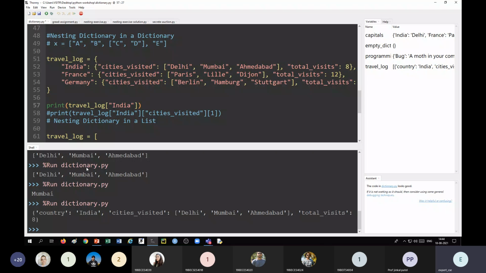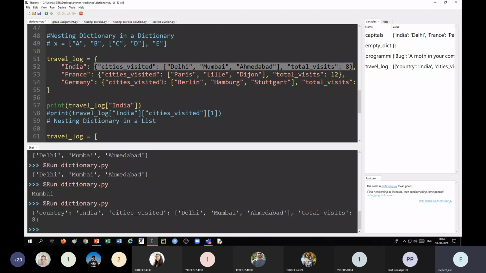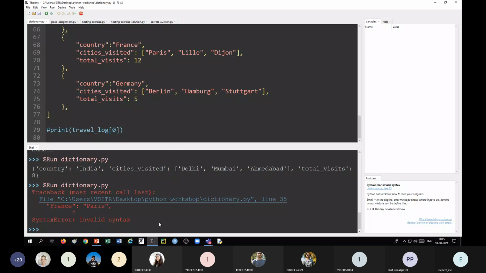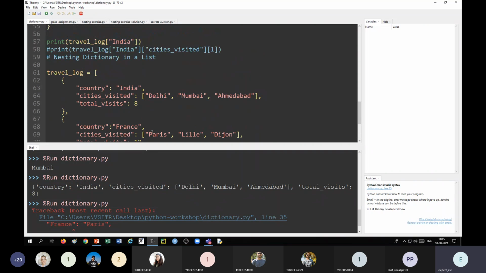The value of India, which is a dictionary. So this whole dictionary will be printed if you print travel log India. Let us print this and let me make this a comment so that it should not confuse. Where I got error.